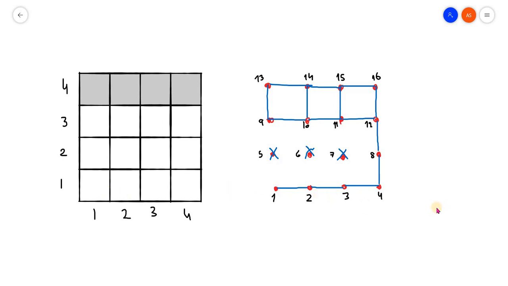The adjacency matrix. So you remember what the adjacency matrix tells us about the connections between the nodes. So if we see the adjacency matrix of this graph, then we say that, okay, our A matrix is